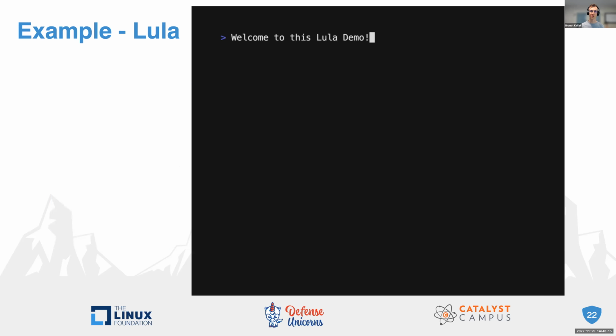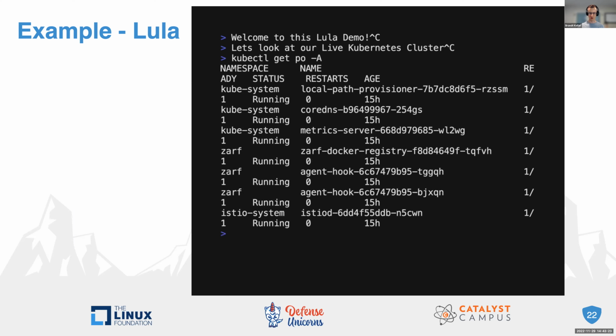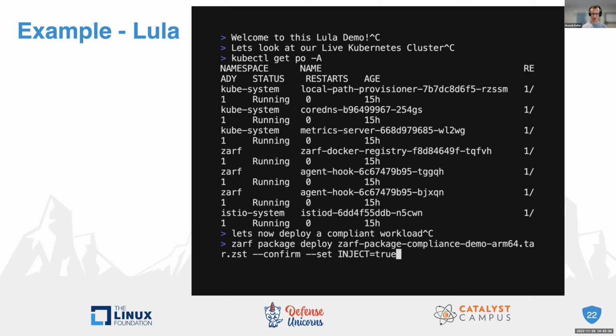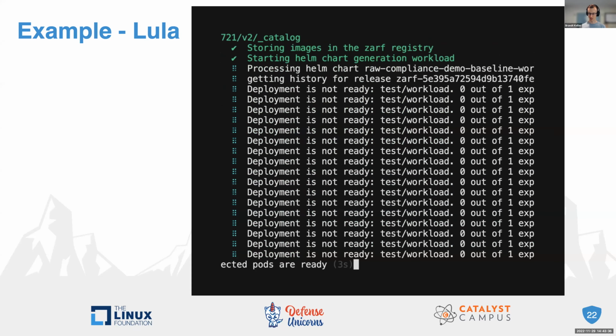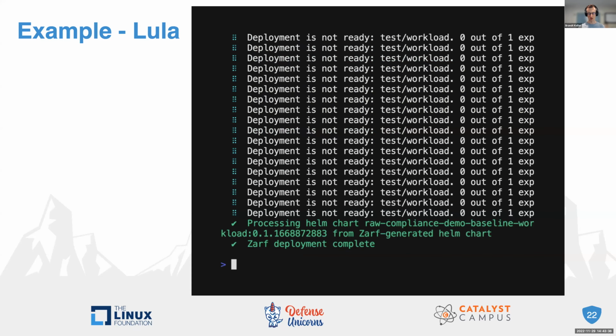And just to pull out some fun here, we've got this quick demo for looking at a live Kubernetes environment. I'm going to go through it with you. Really, we've got a live cluster here, nothing too crazy about it. We're using Zarf to orchestrate some of our workload deployments. I'm going to deploy a workload here. It's going to run through and create a test workload.